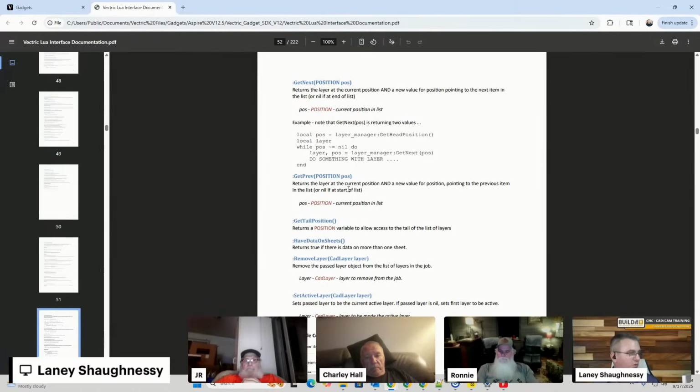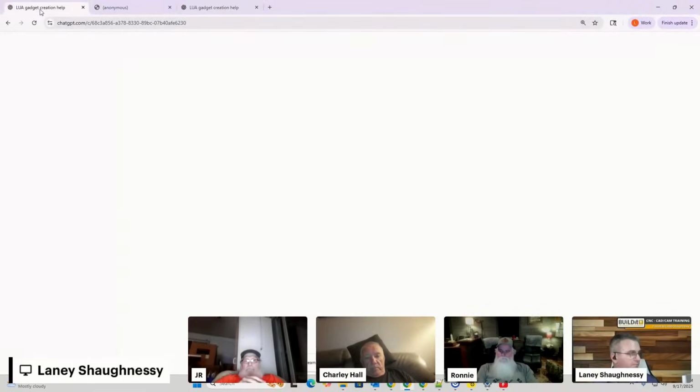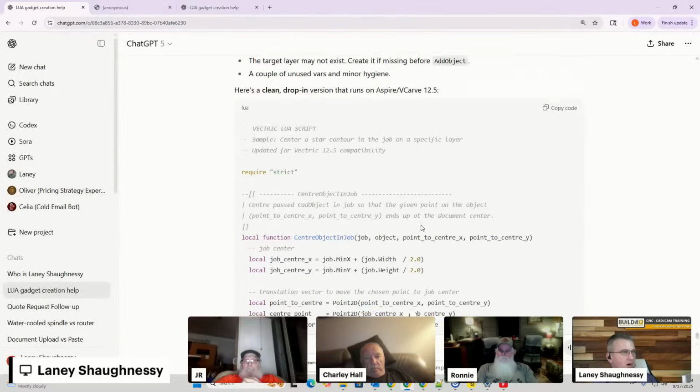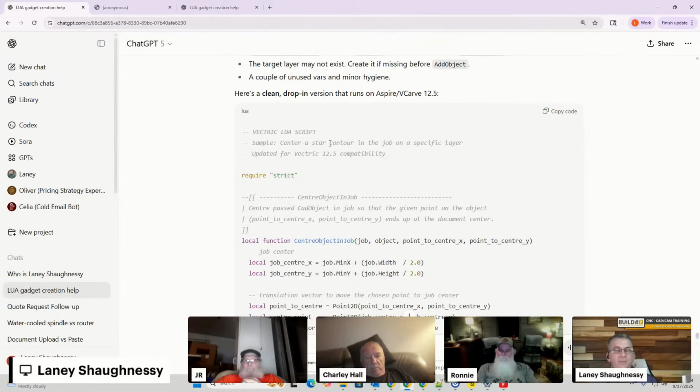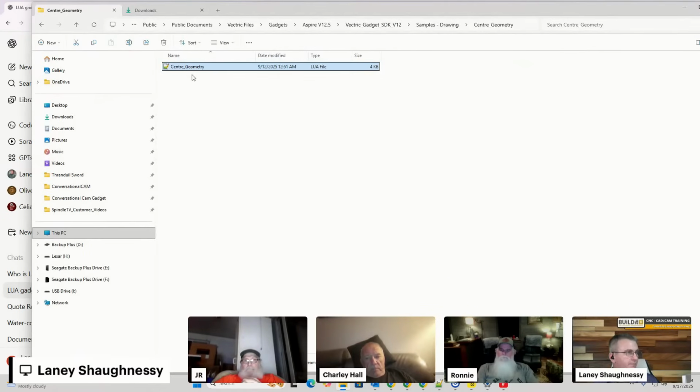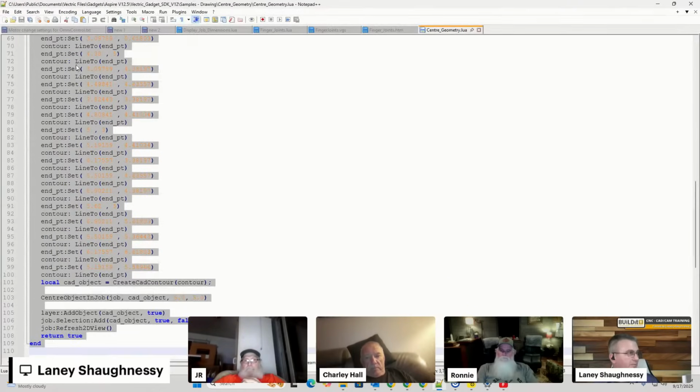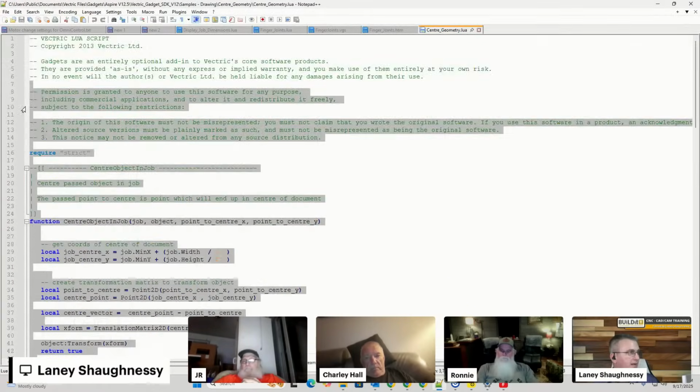Now let's go back really quickly over here in the window, on this update for that little gadget. It said the target layer didn't exist, so it created it for me, and here's a little drop-in code. Drop-in means it rewrote the entire code, so I'm going to copy this code. I'm going to go back to my file right here,